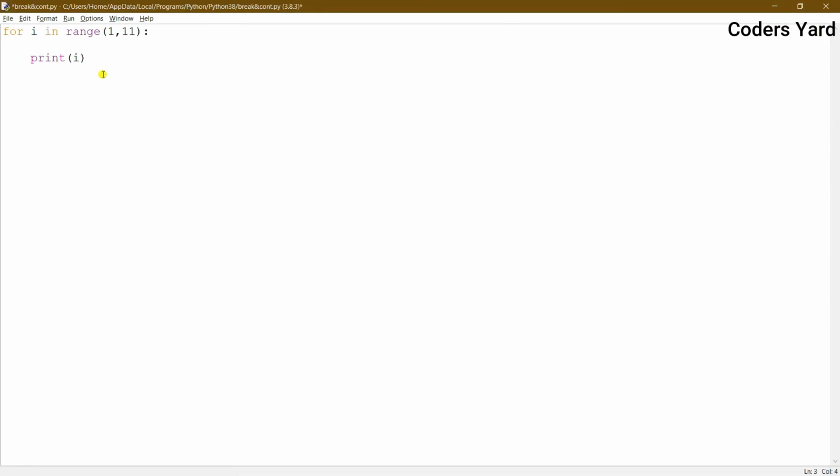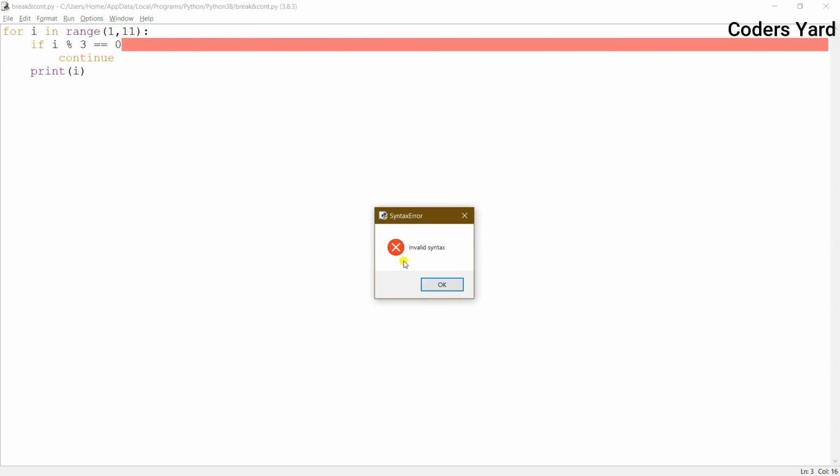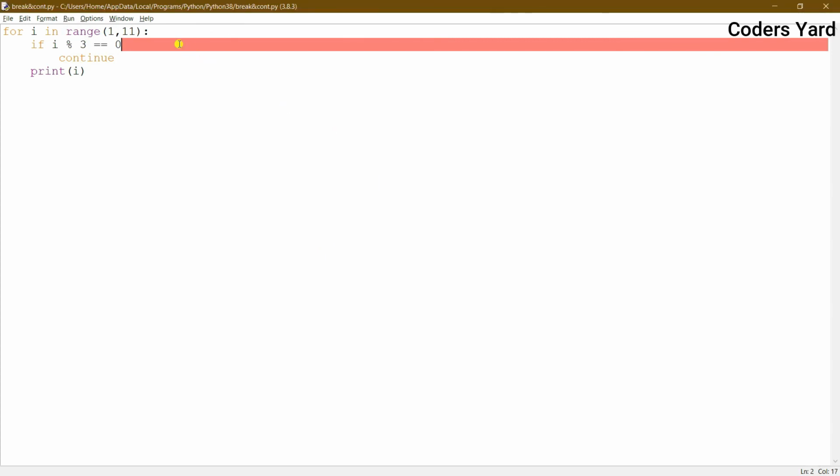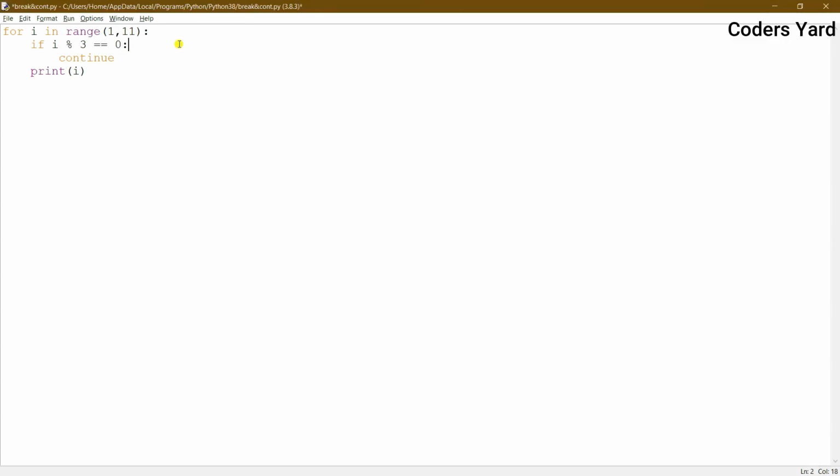I'm going to add an if block. Well, how to find a number which is divisible by 3? It is simple. i modulo 3 is equal to 0. That is, the number which is divided by 3 must get a remainder 0. So that's all. I'm just adding a continue statement, and if I run the script, oops, I got a syntax error. Well, I have to put a colon here. I forgot that. Now let me save it again, and if I run it,